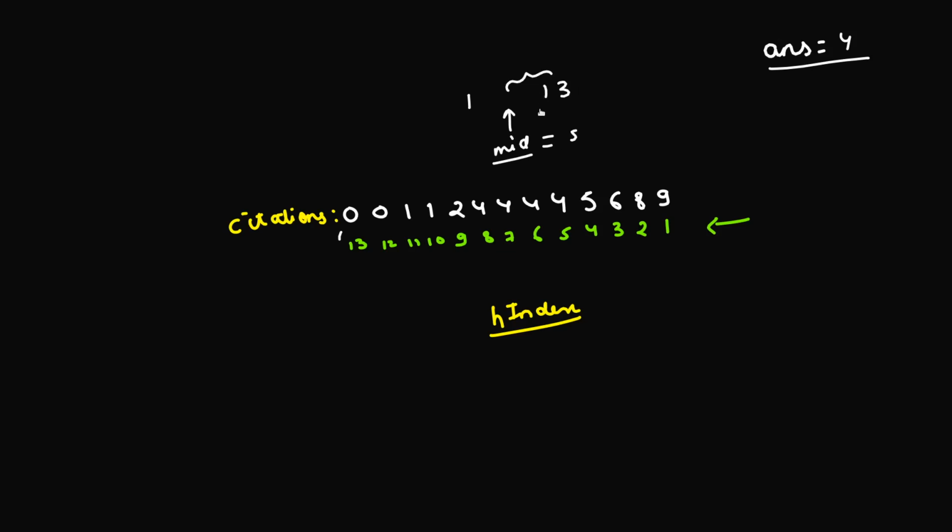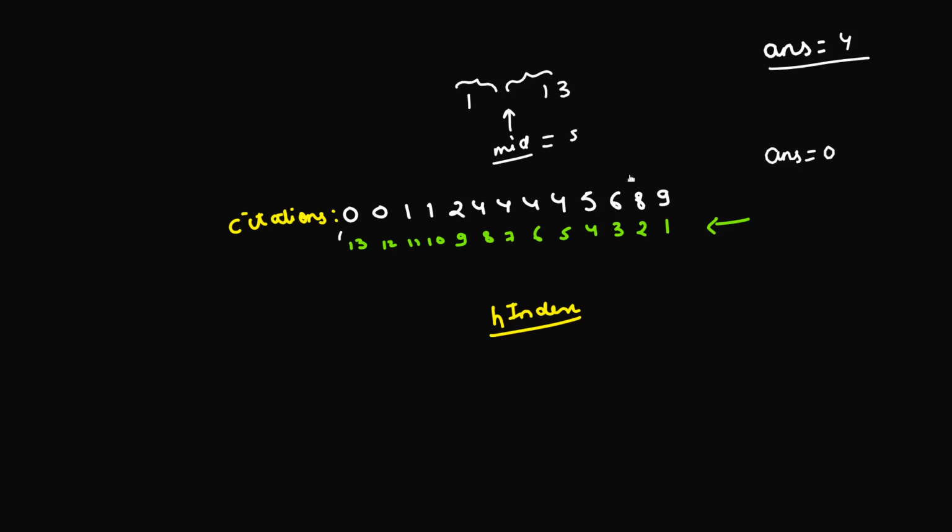But if that is not possible, that means if this mid is not a valid H index, we'll be looking at the lower section, which is from 1 to mid minus 1. Okay, and we'll keep storing the answer as we obtain that a given mid can be a valid H index. So we'll keep storing our answer in our variable ans, and at the end we'll just return this answer. Okay, we initialize our answer with 0. Why? Because what if we are not able to find any H index after these iterations? That means that all the papers have citations of 0. If all the papers have citation 0, that means the answer is going to be 0 in that particular case, and that's what we'll be initializing our answer with.